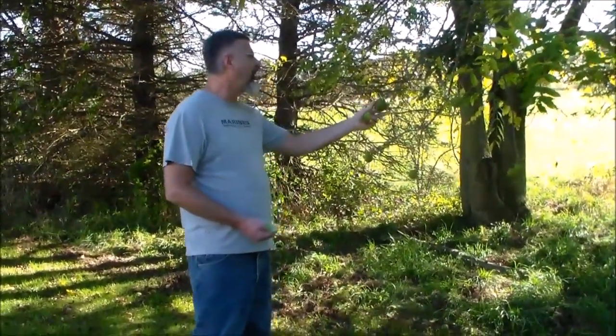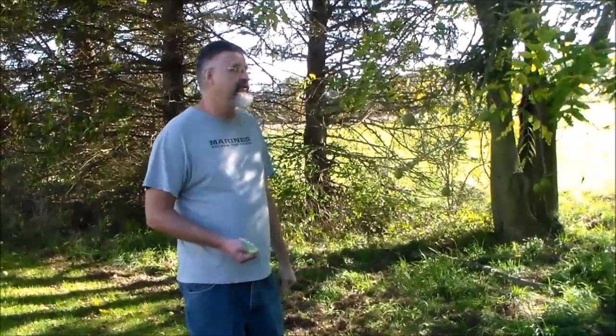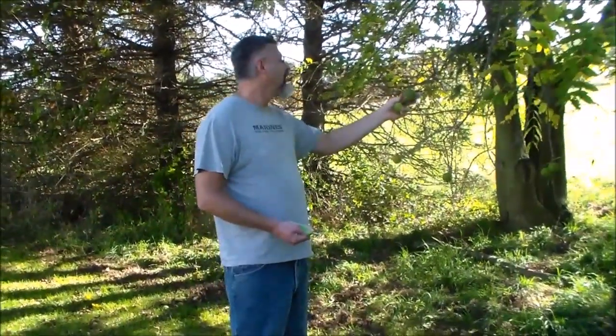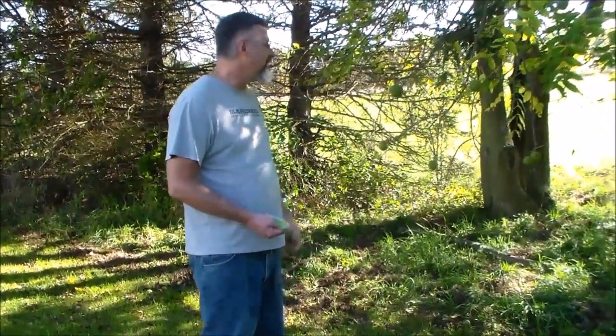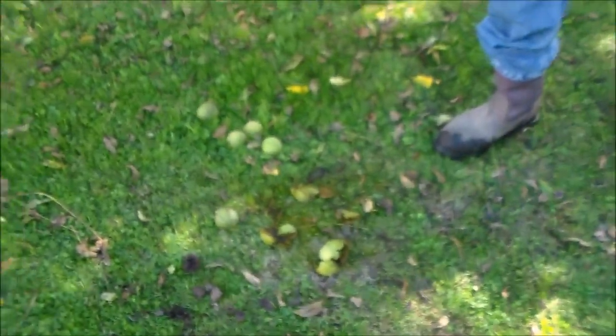You wait until they fall, and they'll fall in different batches. If it's windy or if it gets a little cooler, they'll fall, and they'll start to turn black, but you can pretty much process them at any time after they fall. So I'm just going to show you. It's really simple. I have some here on the ground. I've actually been doing a few of them there,